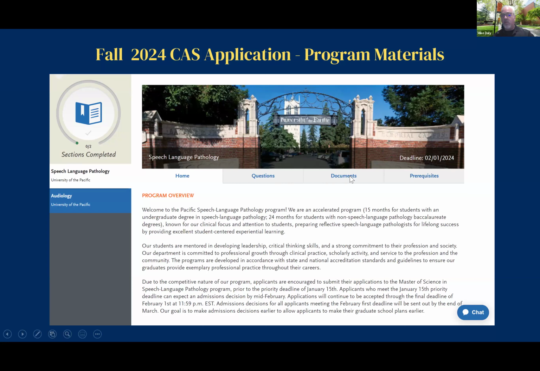These are things like your resume, if you have one or if it's being required, or your personal statement or other documents of explanation and things along those lines. And then there's another one titled prerequisites that has a listing of the courses that you're going to need to have taken or at least have in progress at the time that you apply.